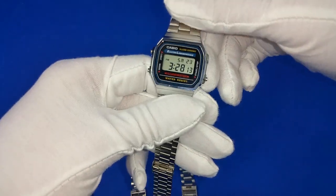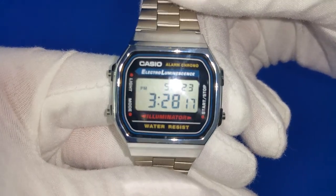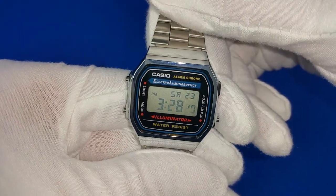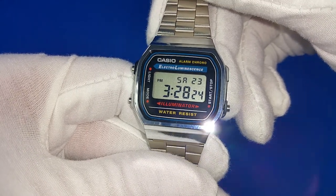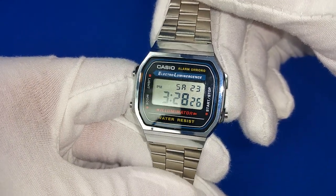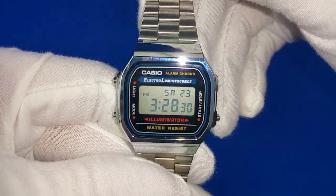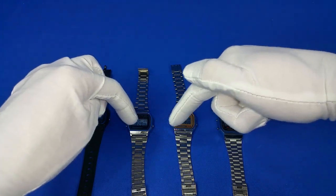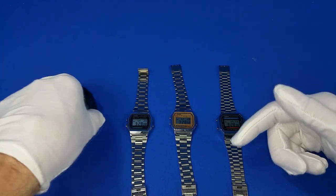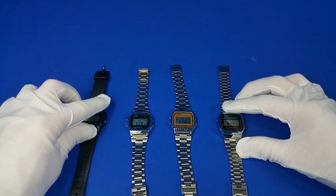So this thing, the A168, my least favorite out of the bunch. I wouldn't hesitate to go and get it. I'm not getting rid of it. I think I only paid maybe 25 bucks Canadian, so probably $17 US. I think I paid about 20 bucks for each of these, and around 15 bucks for this. And I'm not getting rid of any of them because, believe it or not,